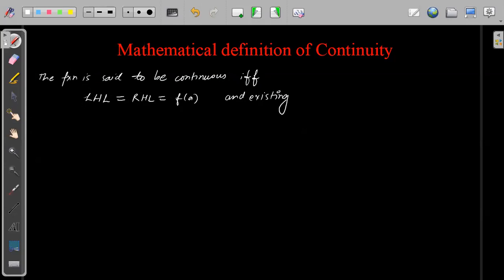Do not say, "Sir, left hand limit is tending to infinity, right hand limit is tending to infinity, and f of a is tending to infinity, so it is a continuous function." No. Left hand limit should be equal to right hand limit. Till this part, it was the concept